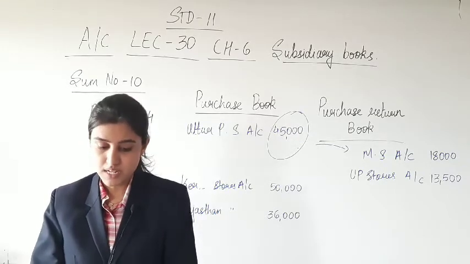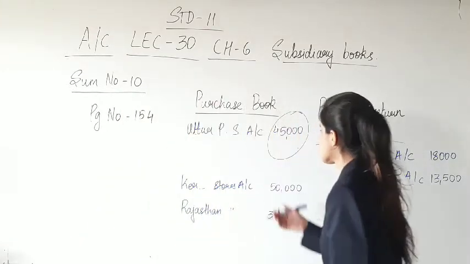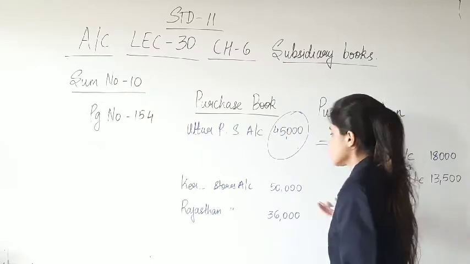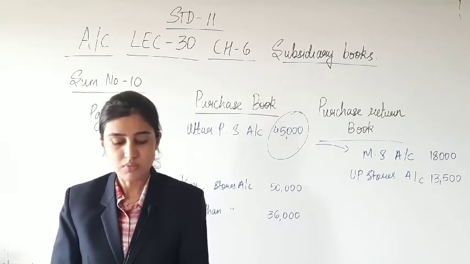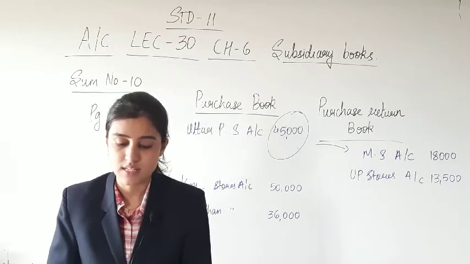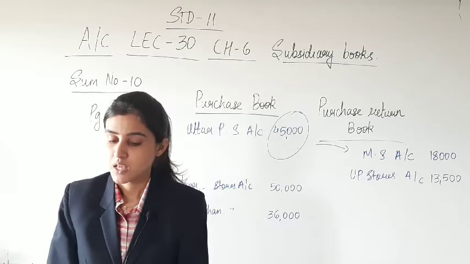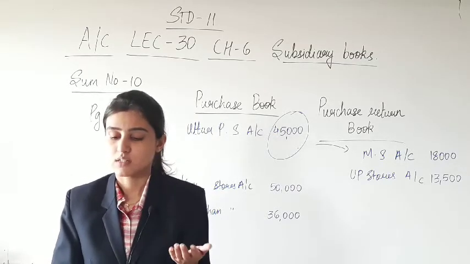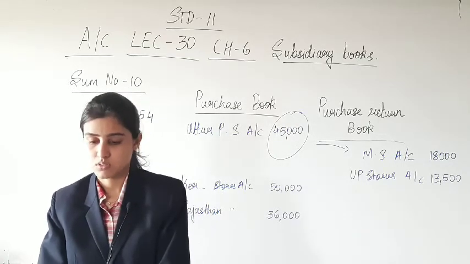So with this we complete sum number 10 and of course you will total this. You will total purchase book and then you will total purchase return book the way we do and the sum is completed. So the next sum that we are going to start with is sum number 11 just after sum number 10 as I said. Then with sum number 12 and we'll be completely done with the preparation of simple subsidiary books, sorry, not sales book, and return books.